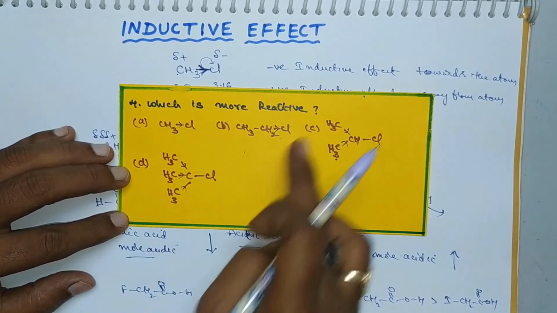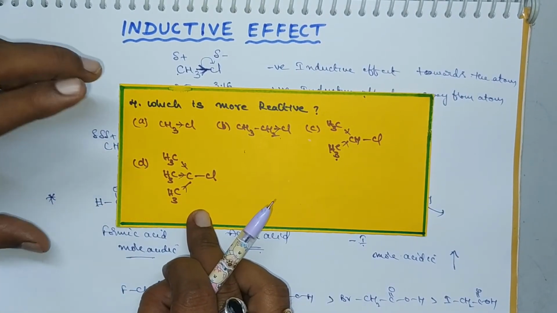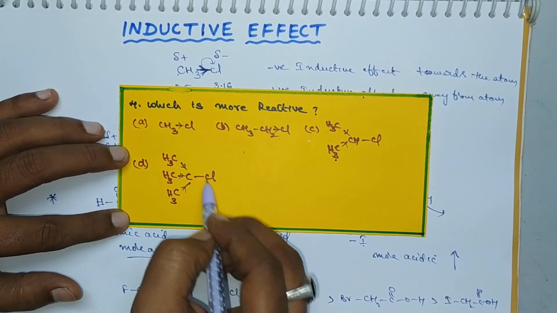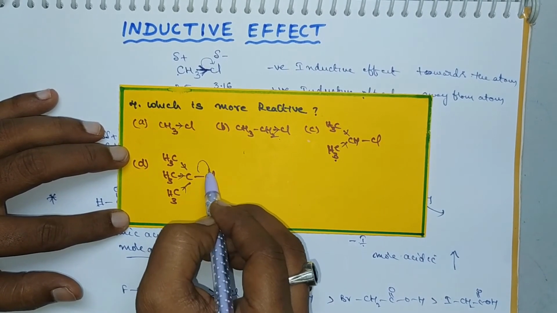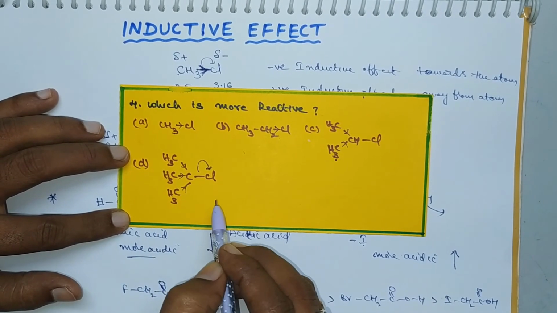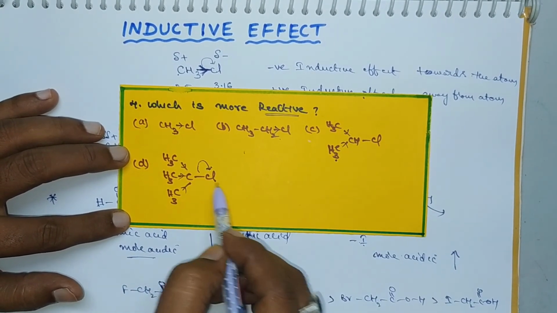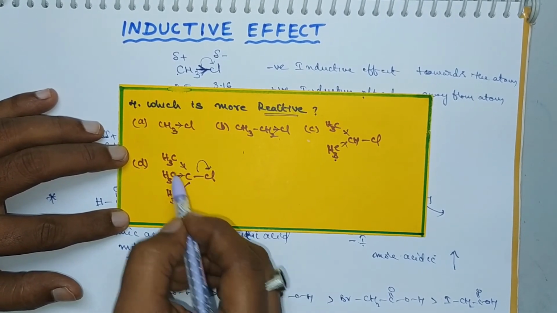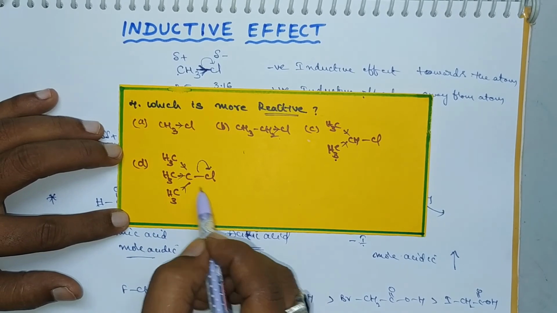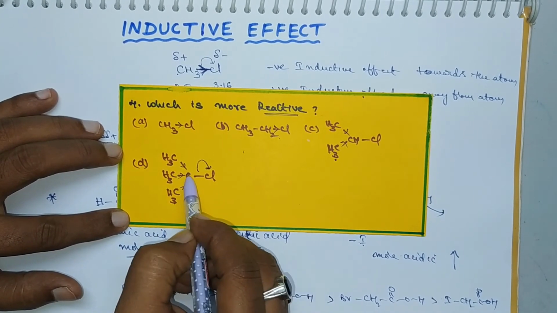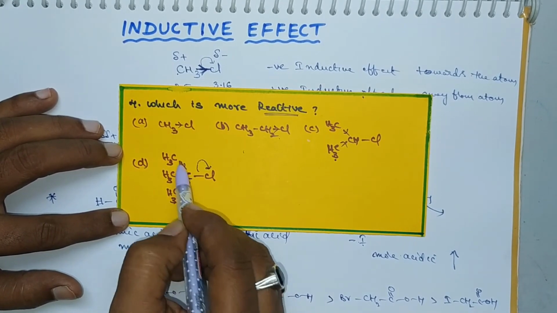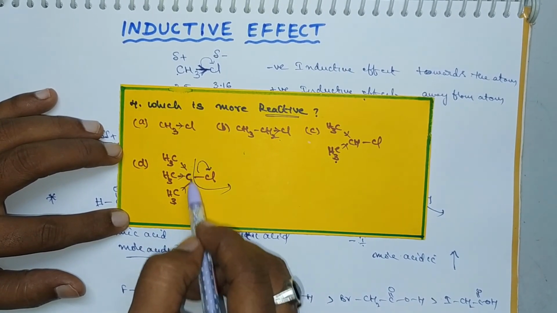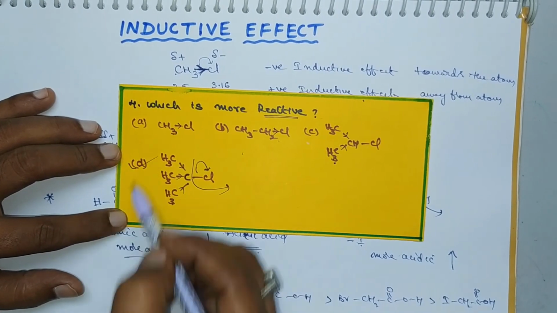The reactivity of alkyl halides depends upon the ease of donation of Cl minus ion. Here carbon and chlorine are there, and chlorine is more electronegative, which is why these two electrons are accepted towards the chlorine atom. So which can easily donate Cl minus ion? This one can, due to 3 plus-effect groups. Here the electron density of carbon is very high, so it can easily donate Cl minus. So it is more reactive.